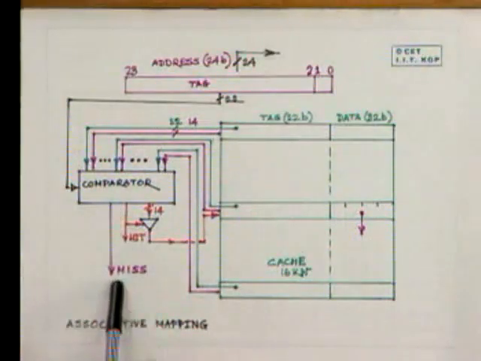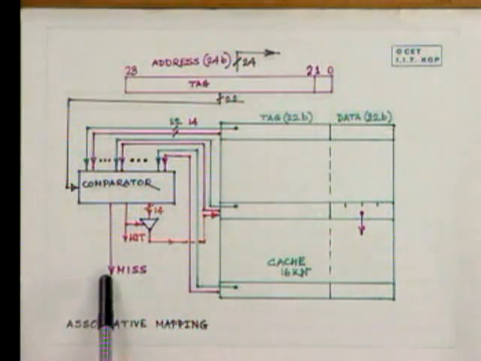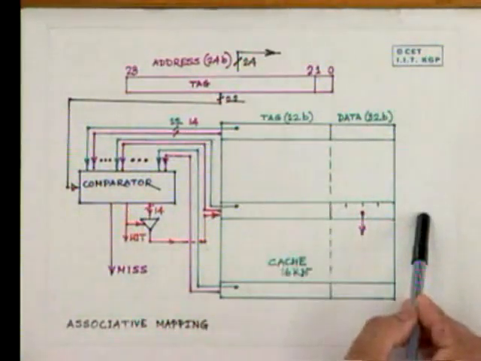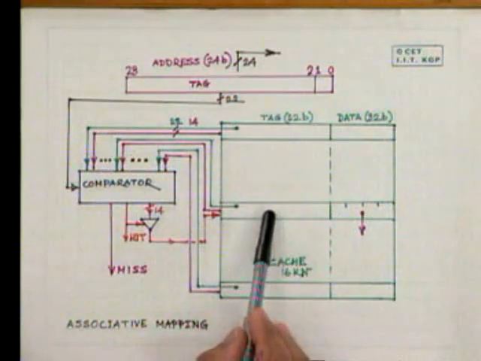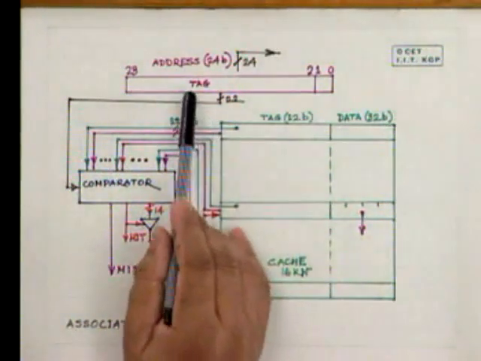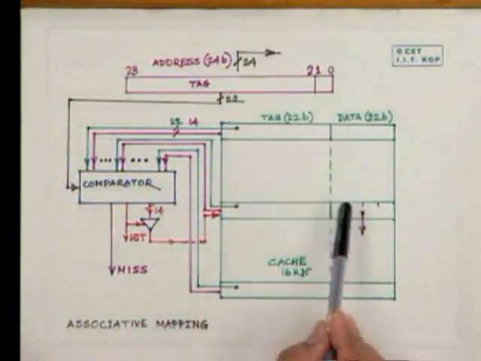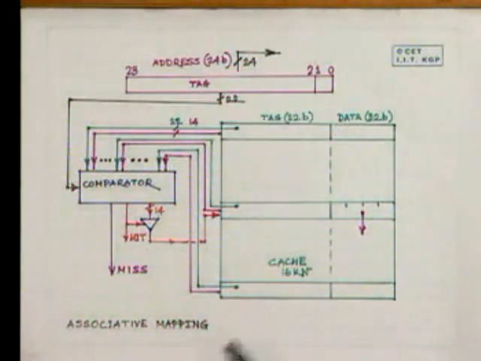And if it is a miss instead of a hit, the action that has to be taken is that it has to go to the main memory to fetch the content of that word. That word is fetched, and that particular address of the block is also taken. One of the lines from here, the content of the line is removed, and the newly fetched data and the newly fetched address is loaded into that line, and the newly fetched data is also sent to the CPU for carrying on the activity,